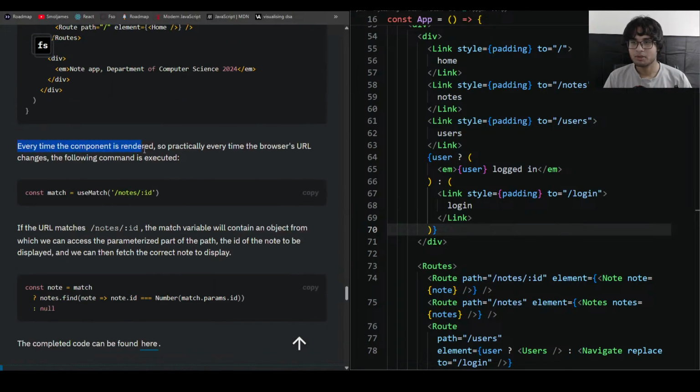Every time the component is rendered, so practically every time the browser's URL changes, the following command is executed. Match, const match, use match. If the URL matches notes ID, the match variable will contain an object from which the match variable